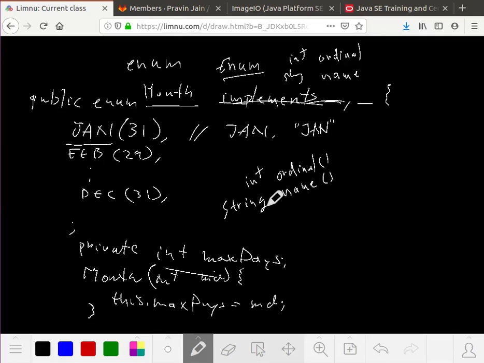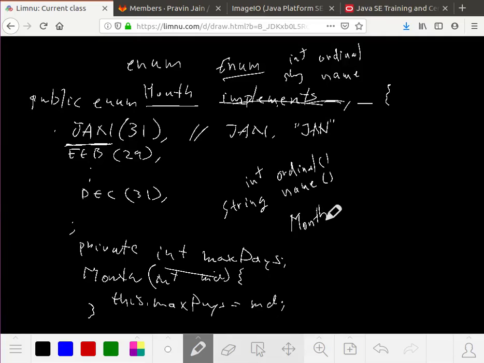Now there are actually two uses of what spelling you use here. This is used in two ways. One, we understand it goes as the name of the object. But how do I fetch that object? How do I access this object which is part of the enum called Month? Anywhere I would like to use that first object, it's accessible as